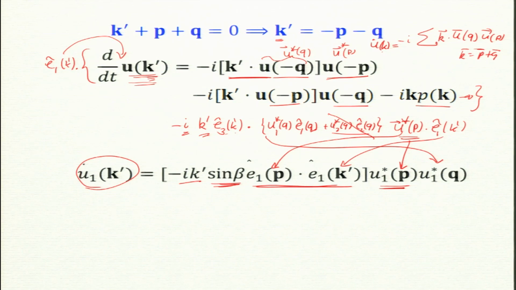Is everybody following me? So, no. Let us go back. I am computing this term. u of minus q I replace by u star of q, number 1. I first do this one and do this one. Now I want to compute u k prime dot u1 q prime, u star q, sorry, u star q.